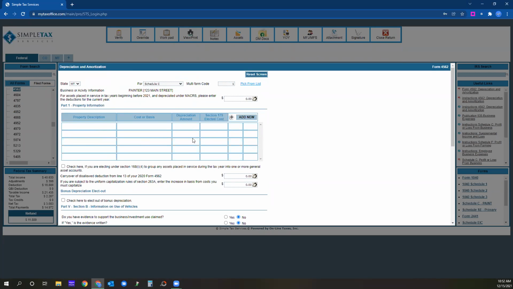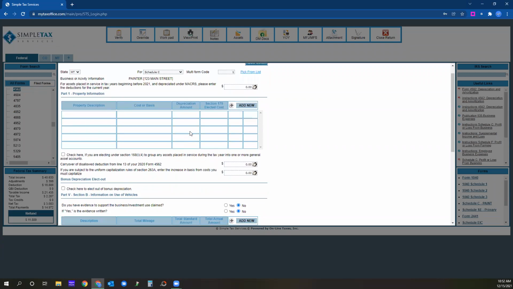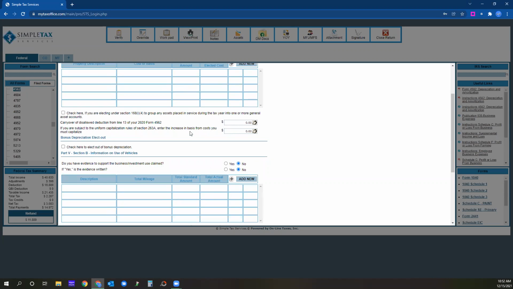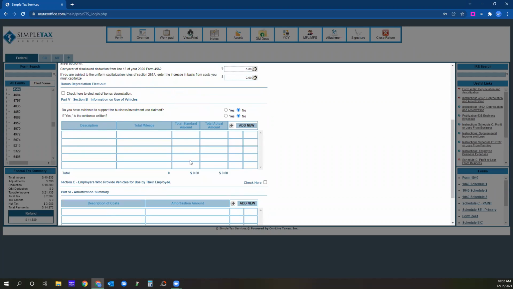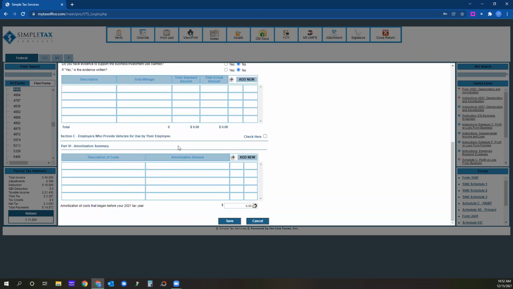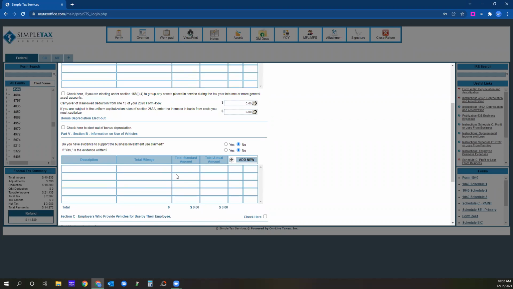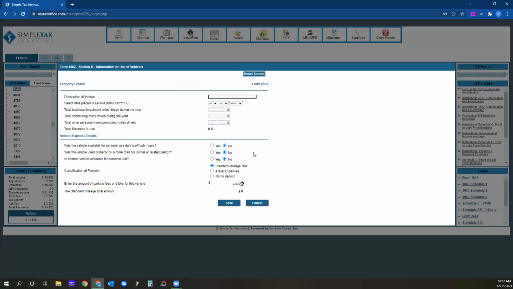One, we get into property information, which is where you could add in things other than vehicles that you're going to depreciate, computers, printers, things like that. Section B is information about vehicles, and then amortization for those that need that. So right here, if you click yes, yes, and then click Add New,